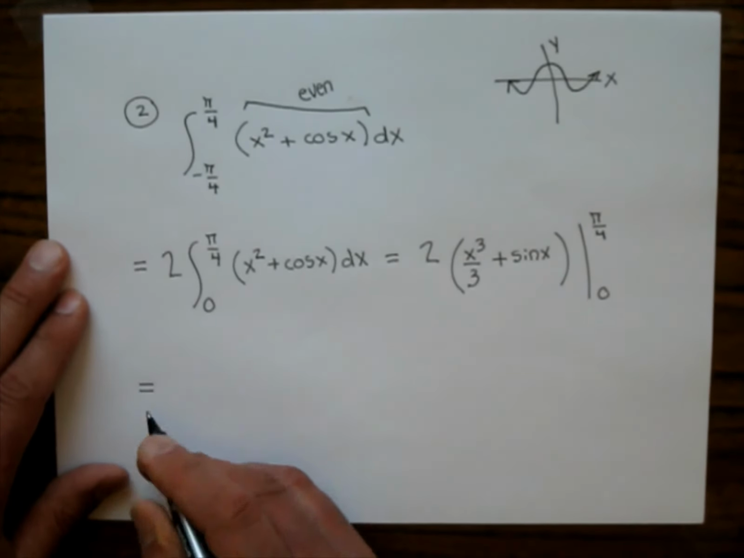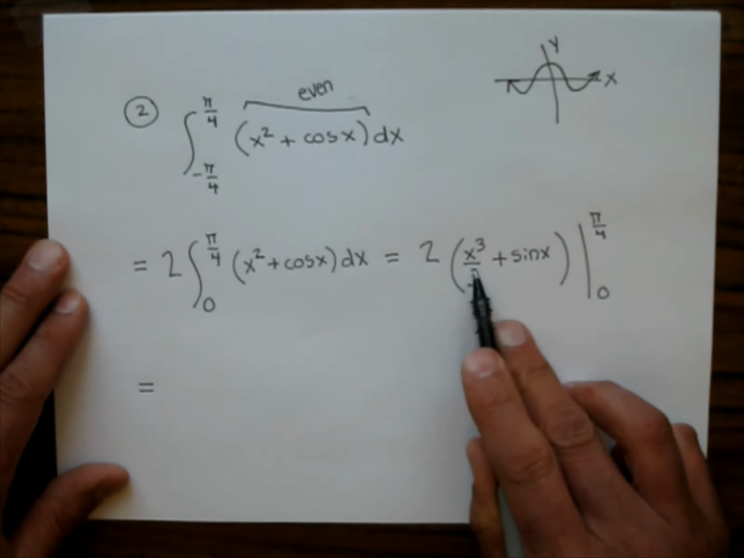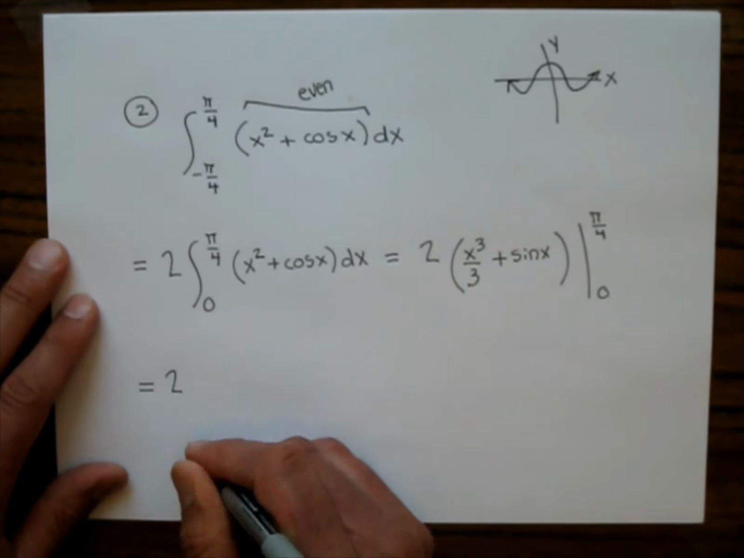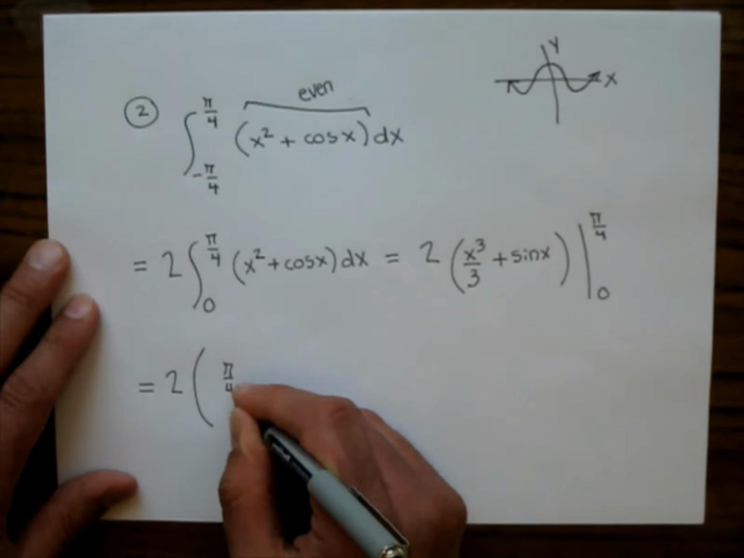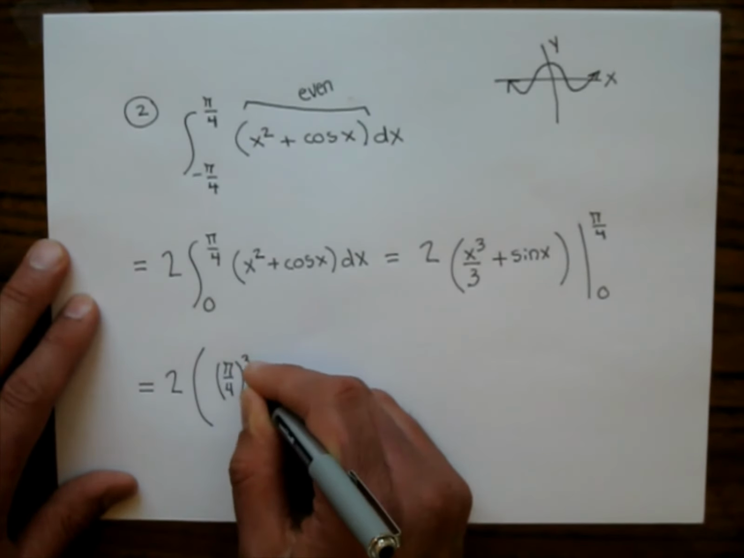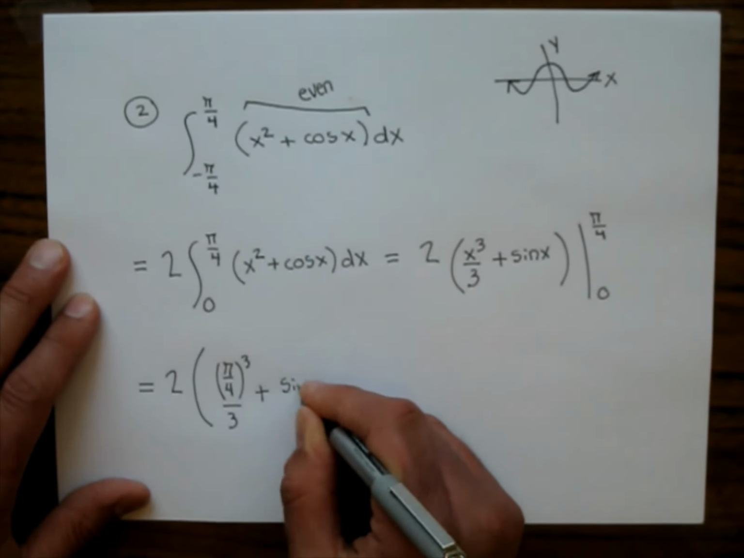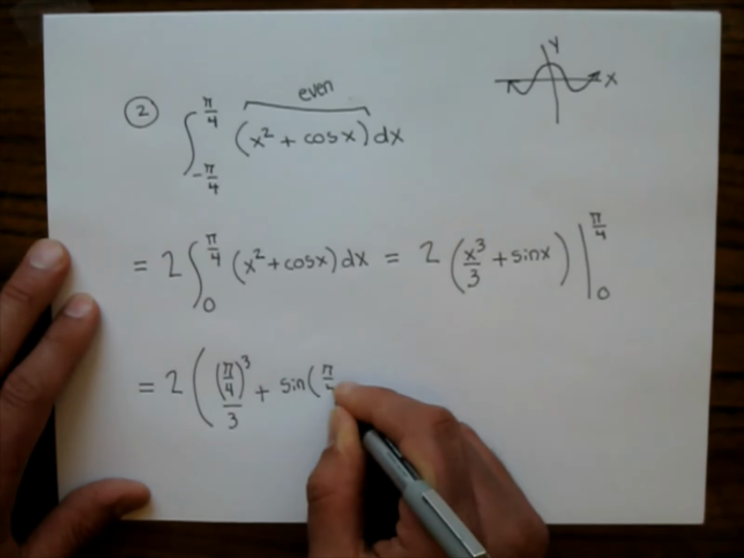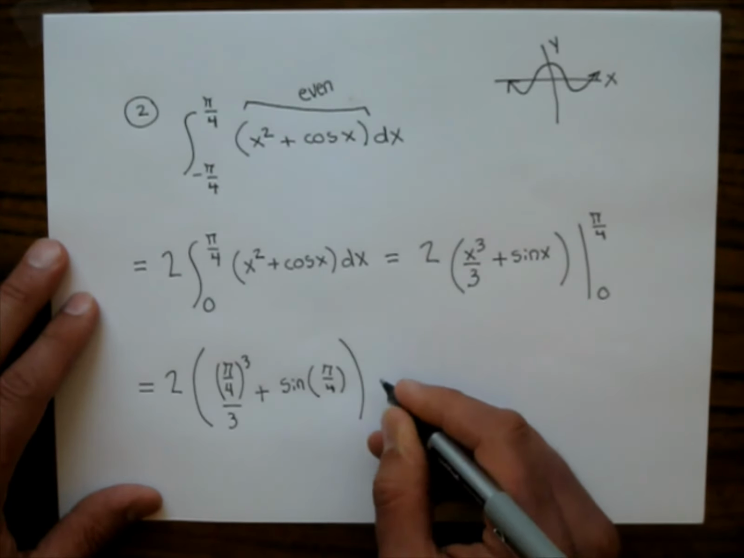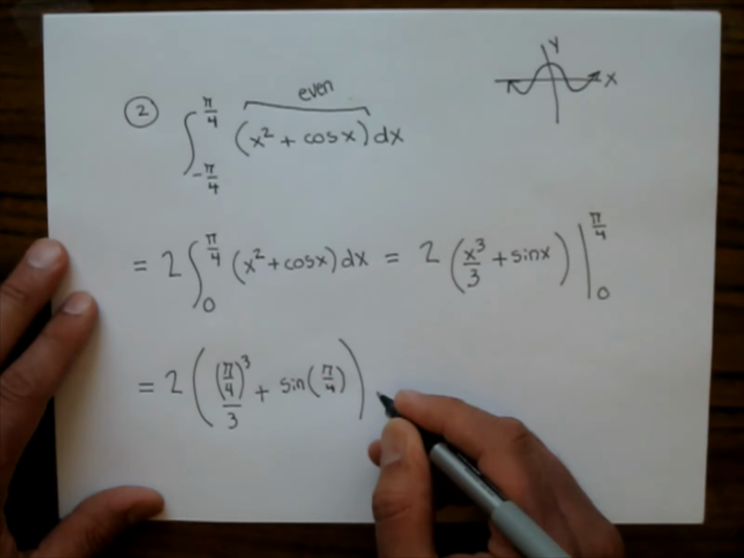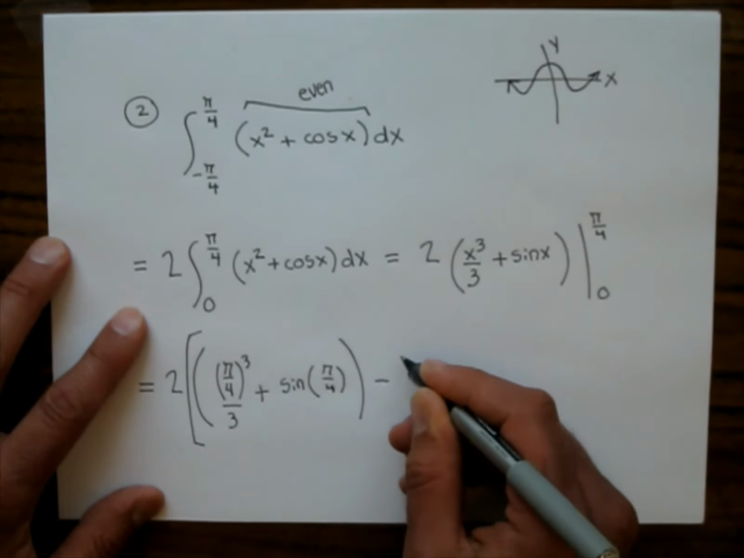So we're using the fundamental theorem of calculus. I'm going to put pi over 4 in for x. So I have 2 times, and here we have pi over 4 cubed over 3 plus sine of pi over 4. Then we have minus, we'll go like this right here, minus